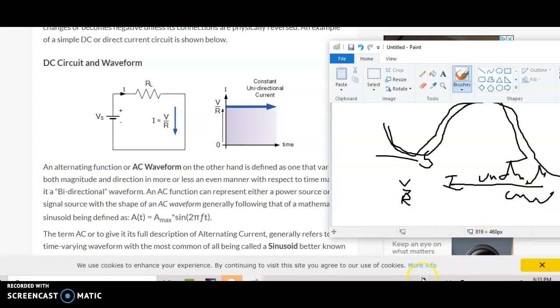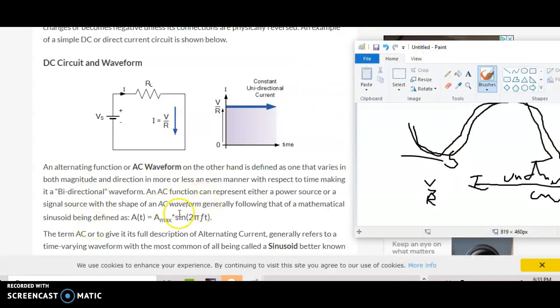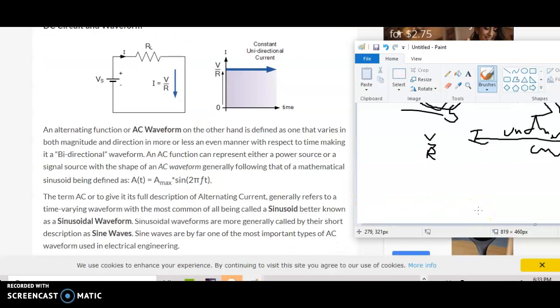When it's going like this, unidirectional current going on, and basically you have AC,